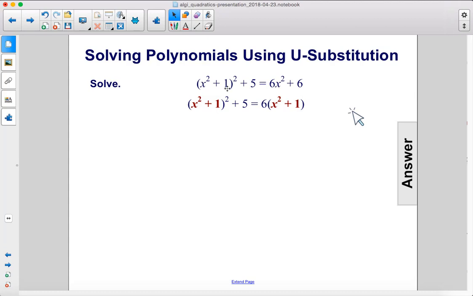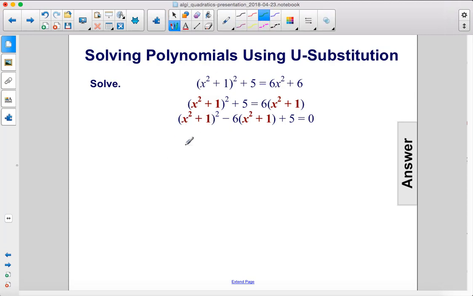Alright, so this one looks a little different. Here we have x squared plus 1 squared plus 5 equals 6 times x squared plus 1. The first step we'll factor out this 6, which gives us x squared plus 1 here, which is the same as what we have up here. So we'll move that to the other side, and we will now substitute in u for this expression. So when we do that, we get u squared minus 6u, remember both are going to be u's,